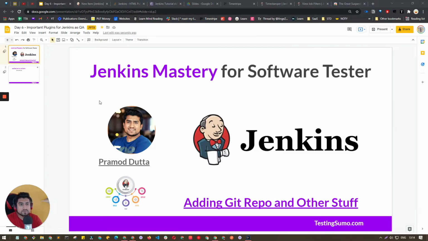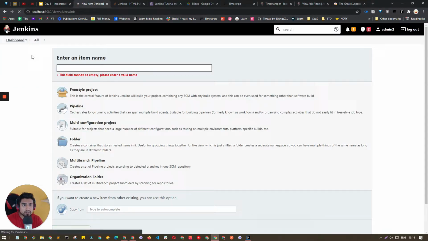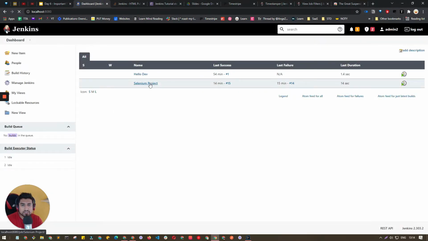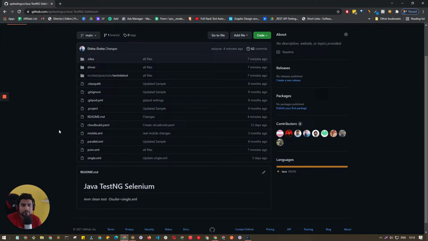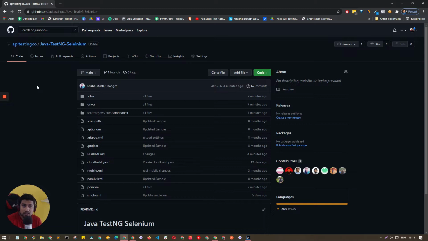Awesome. Okay, so till now we had a project, but it was running from a local file, and we had a local project at that time. What I have done right now is push this code to a GitHub repo. How to do it? It's very simple. I would suggest a very simple way.